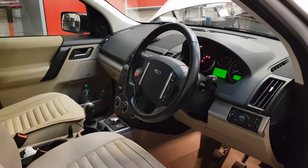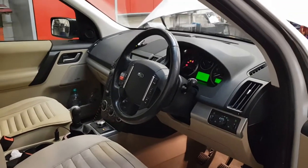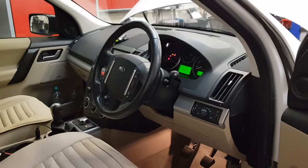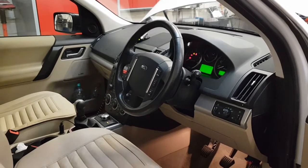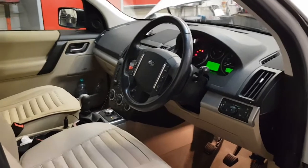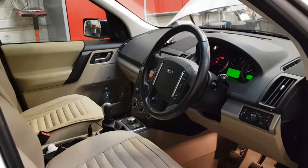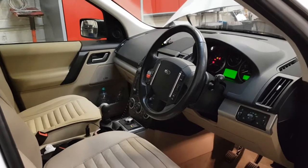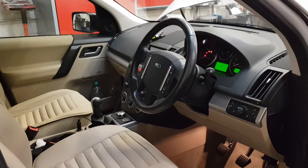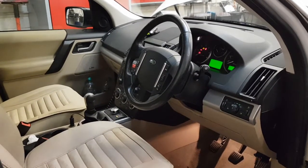So obviously I've done initial checks on it, and there were two unusual faults I've never come across before. I was only saying to Steve Norman that I don't think I've ever looked at a Freelander 2 for an ABS problem. It's one part of the systems that seems to be reliable. But this particular one, the two faults in question were